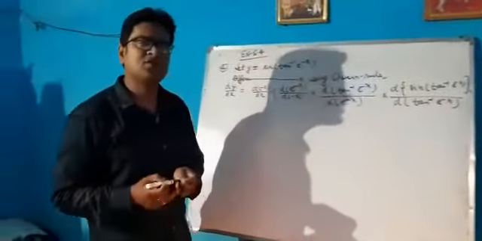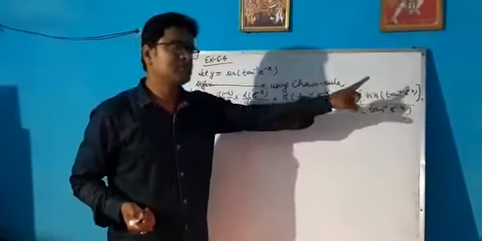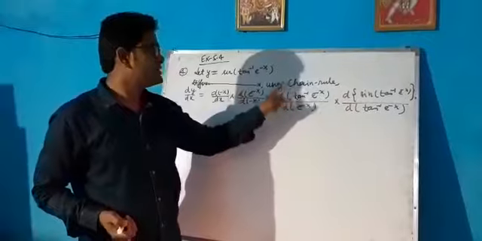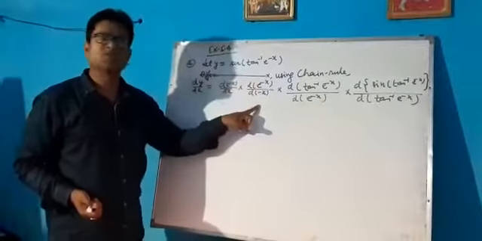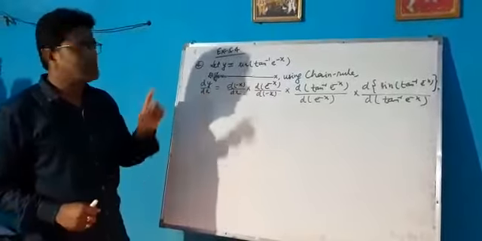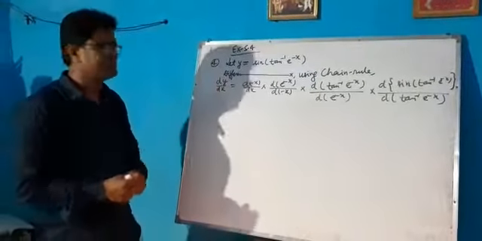To verify, you can just go through. Sine is tan inverse e to the power minus x. Tan inverse e to the power minus x is function of e to the power minus x. E to the power minus x is a function of minus x. Minus x is a function of x. In this way, you can check you are right or wrong.